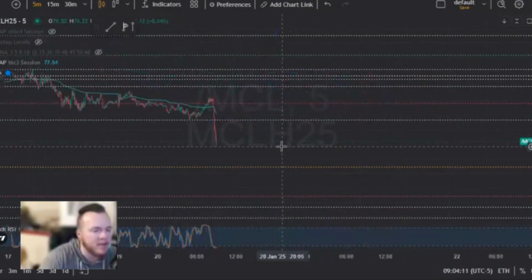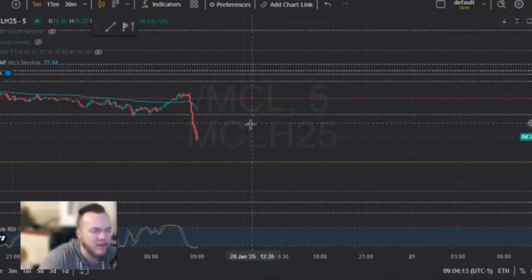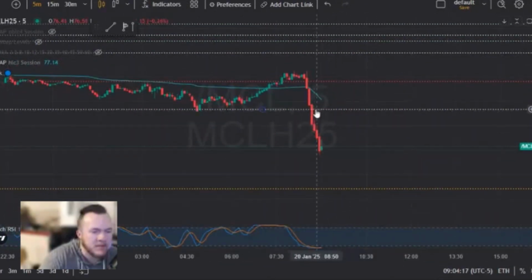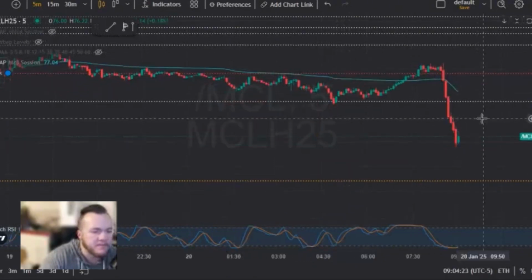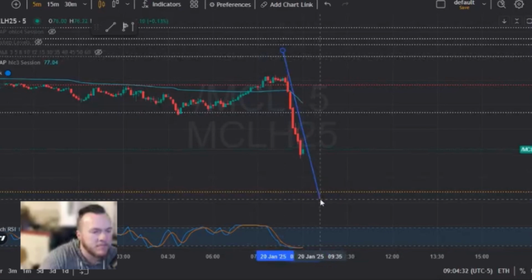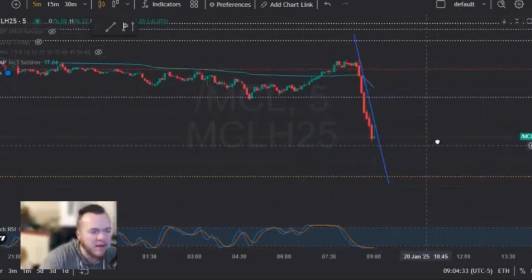So it would not surprise me potentially if we get a retest. I think that, again, the sell is gone on here too. The sell would have been at the break of 76.83. Pretty strong trend being formed in here to the downside. So just be aware of that.